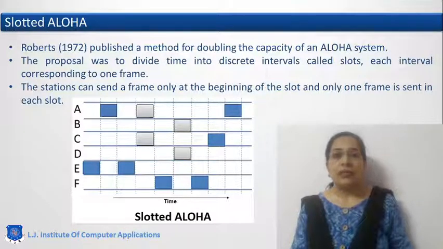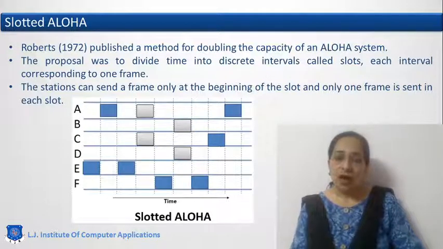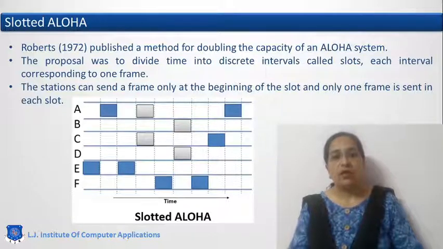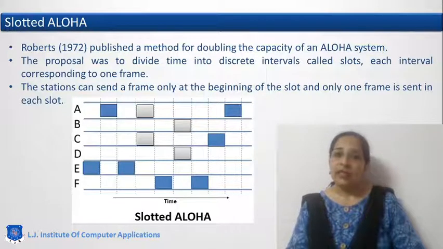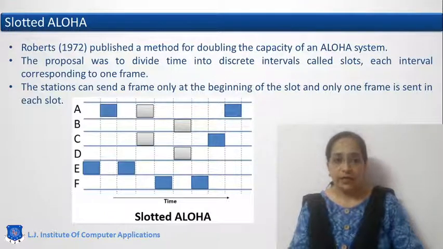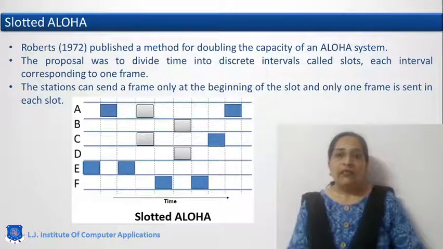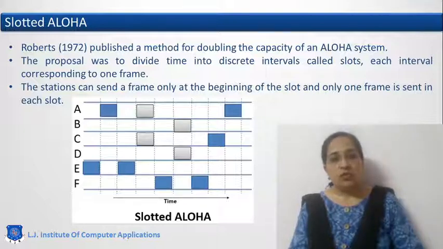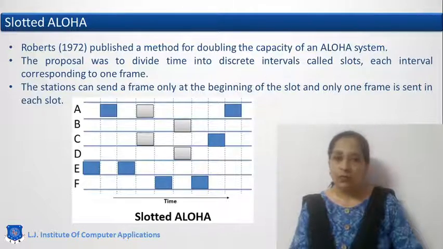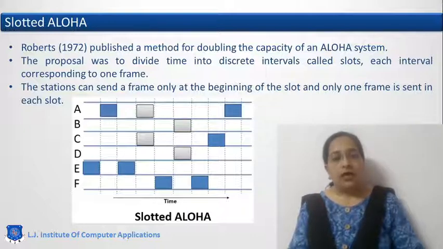Bandwidth is the maximum capacity to transmit the data. Data rate means how much data can be transmitted per second. But the throughput is the actual received data. So bandwidth is efficiently used if and only if the throughput is more. In pure Aloha, we have seen that there are many collisions. The next improved version of Aloha is called slotted Aloha, where in 1972 Roberts published this method.